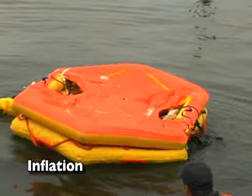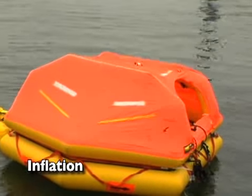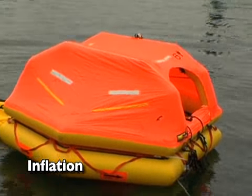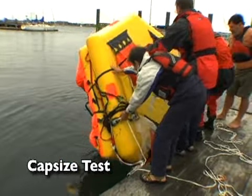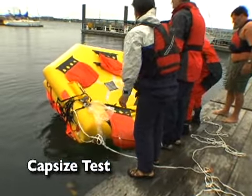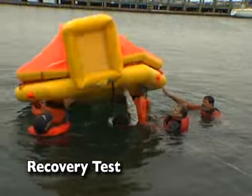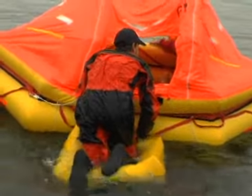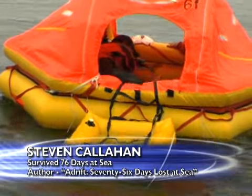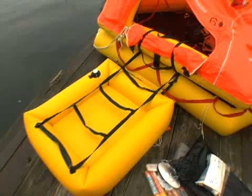This West Marine ISAF Bluewater raft was one of 9 life rafts Cruising World chose to inflate and get aboard. The Bluewater raft is built to ISO and ISAF standards. Helping us review the details of this raft is longtime Cruising World author and contributing editor, Steve Callahan, a life raft survivor himself. Here we have a boarding platform on this side, which is a little different than the other